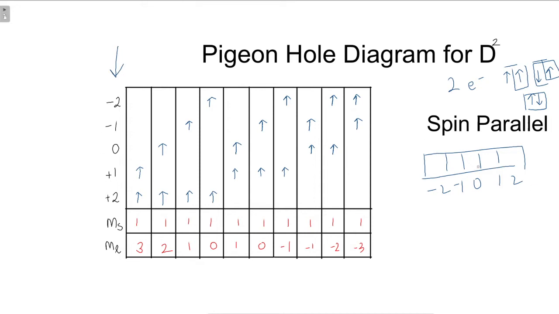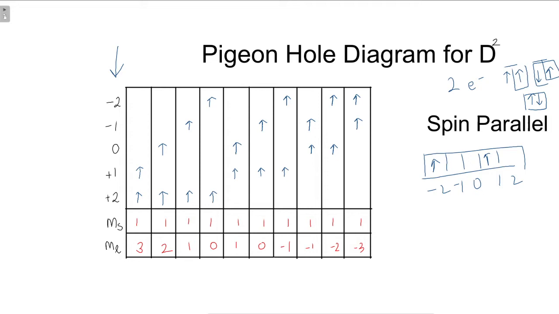We can arrange these electrons in a number of ways. To make this simpler, we make a table and put these electrons in various fashions such that they are not repeating. If they are repeating, there is no use. So we have to calculate all the arrangements that are possible for these electrons, and then in the end, we'll use Hund's rule to find the ground state.